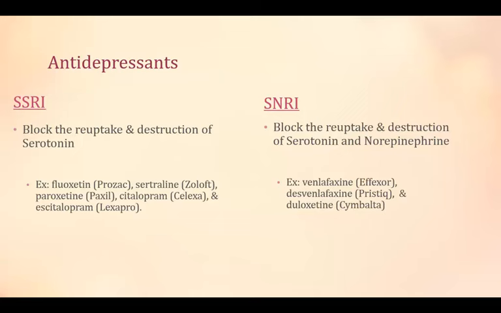Now the MAOI, I say that very carefully because I always mix up the A and the O. The MAO inhibitors inhibit the monoamine oxidase enzyme that destroys other neurotransmitters, right? So it gets rid of the monoamine oxidase, so it no longer can destroy other neurotransmitters like the serotonin, norepi, dopamine, etc.